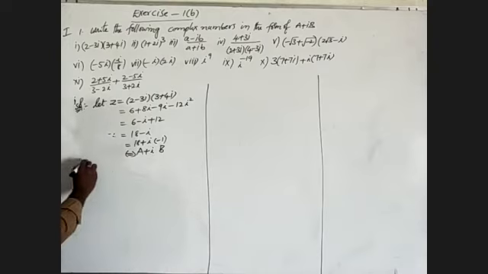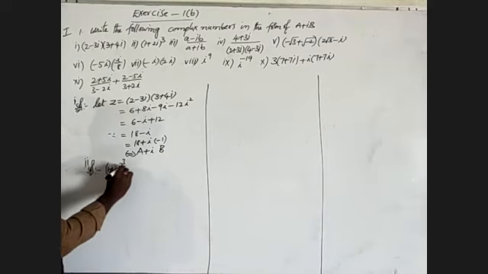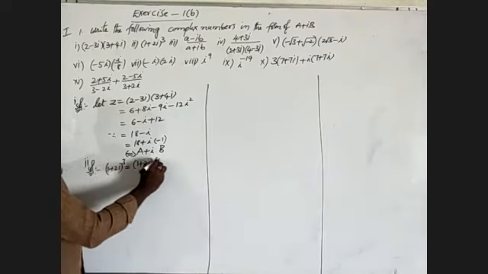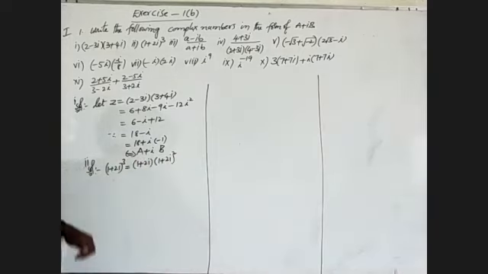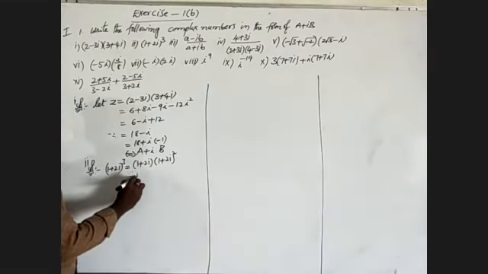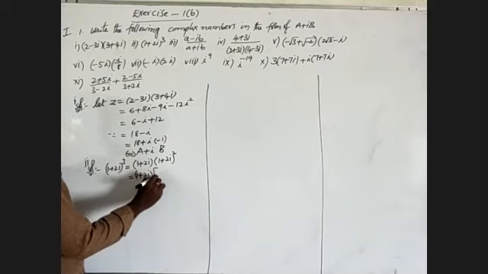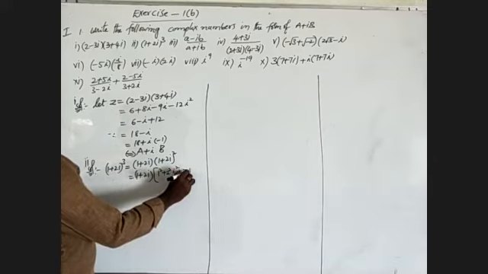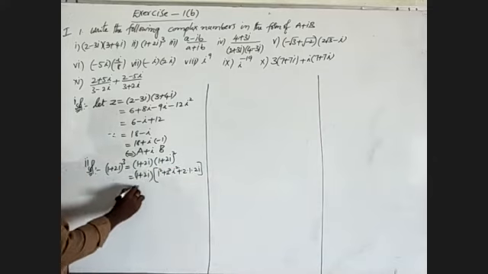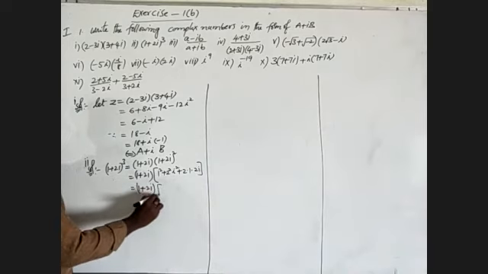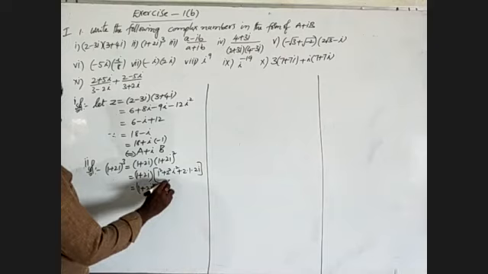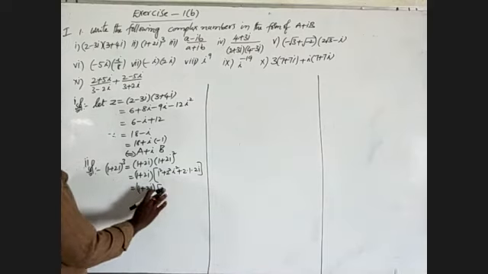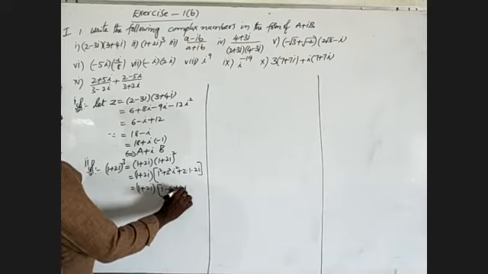Now I am going to the second one, that is 1 plus 2i whole cube, which is equal to 1 plus 2i into 1 plus 2i whole square. Here the bases are equal, so powers must be added. We have to expand 1 plus 2i whole square: 1 square plus 2 square i square plus 2 into 1 into 2i. That means 1 plus 2i into 1 plus 2 square, which is 4, i square becomes minus 1, that means 1 minus 4 plus 4i.